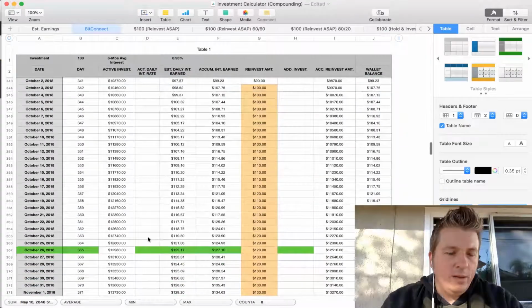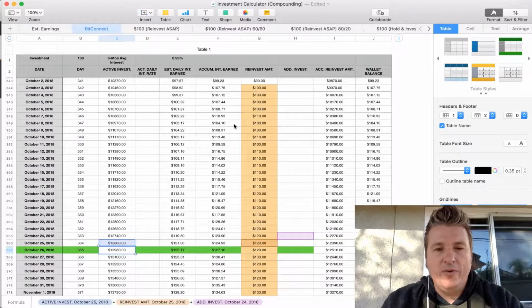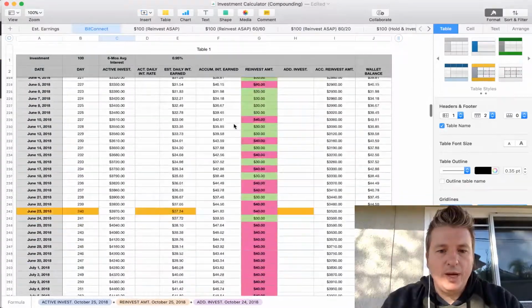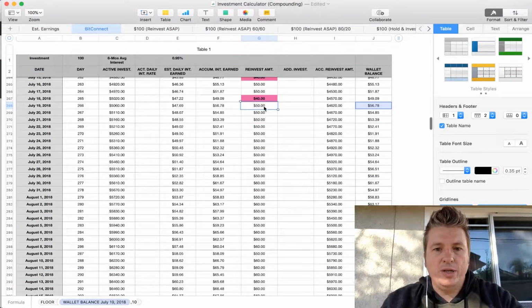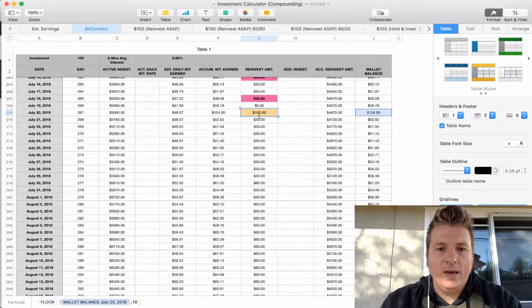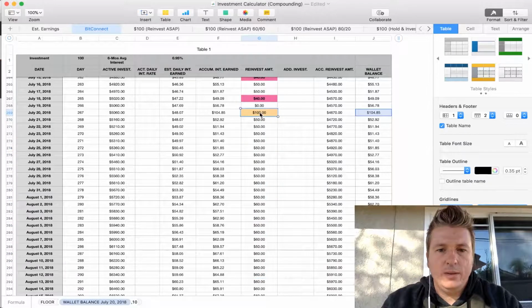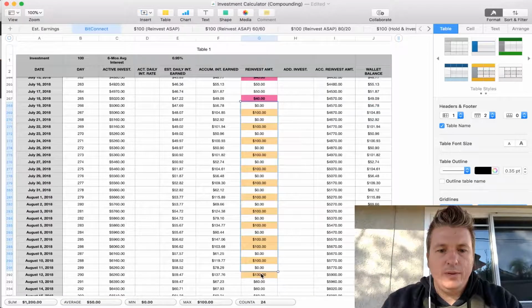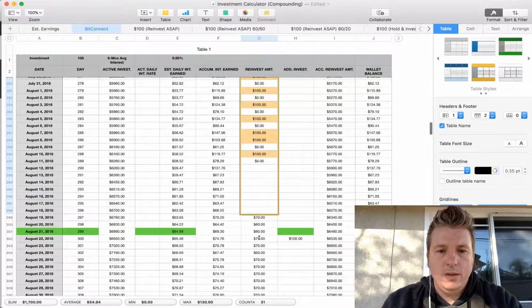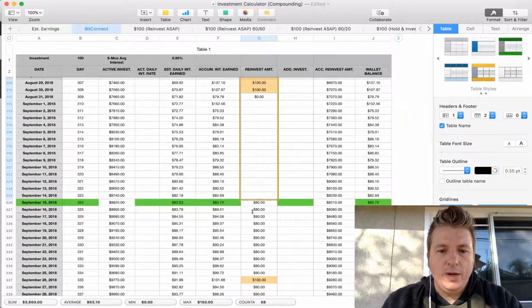Right here, we're looking at $12,980 and $127 a day accrued interest. All right, let's go back up here. We're going to change this number from 10 to 100, and then drag this down. Did I do it right? I did not. I'm going to drag this down all the way down to 365.